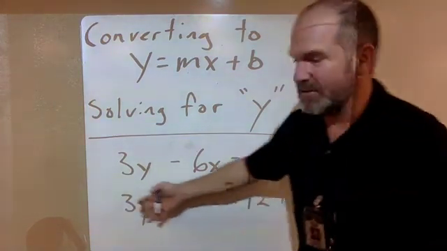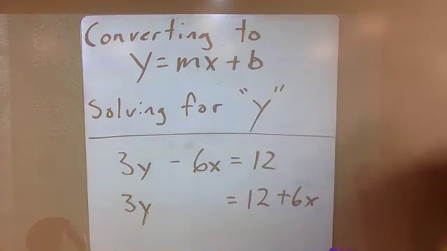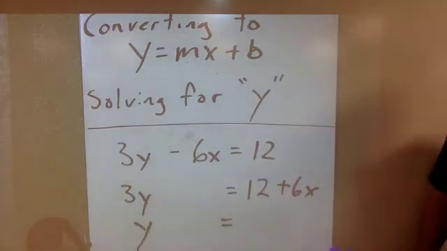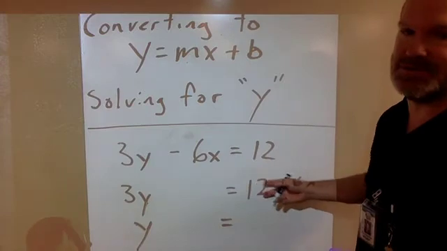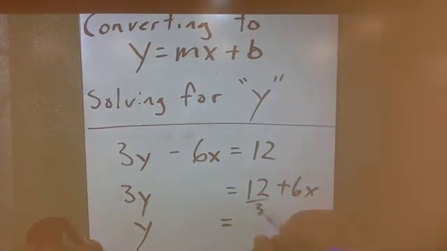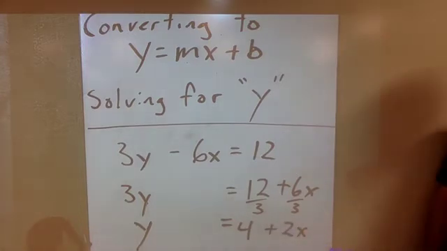And then the last thing we did was divide by 3, so we're going to divide by 3. Same steps. Divide by 3, but now, instead of just having one term, the 18 to divide by 3, you've got two terms to divide by 3. So you got to divide the 12 by 3, and you have to divide the 6 by 3. So 12 divided by 3 is 4, 6 divided by 3 is 2, and that's your equation, y equals 4